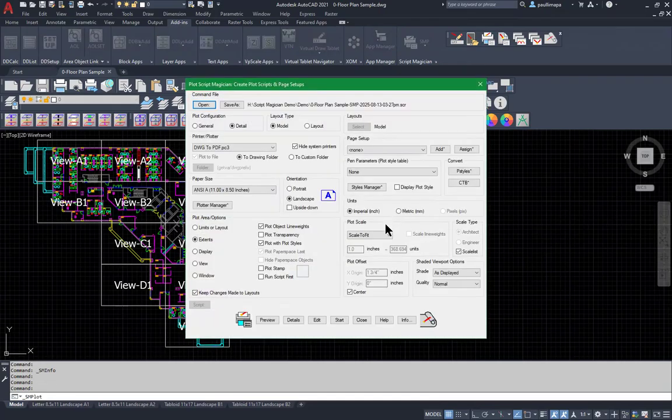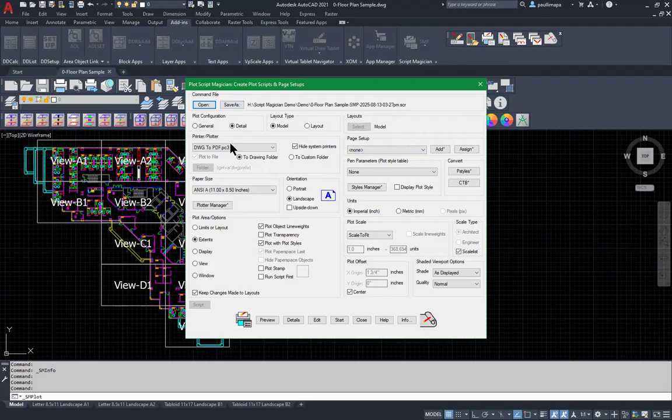SMP presents a customized dialog box very similar to AutoCAD's plot command, with all the plot settings for selection, that can then be saved as a script file so that you could assign that script file for running for various drawings by using either Script Magician's drawing command or Script Magician's folder command. This way you don't have to rely on the page setups, which are inside drawings, whereas the script file is